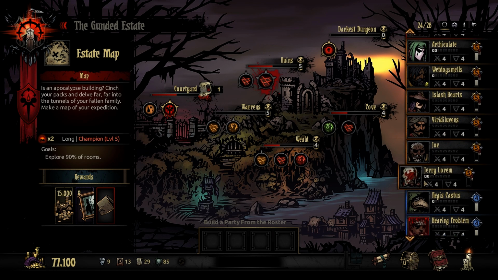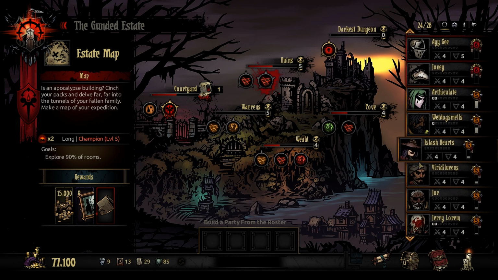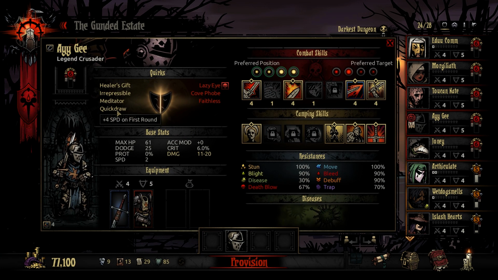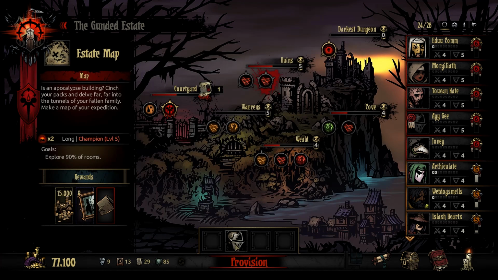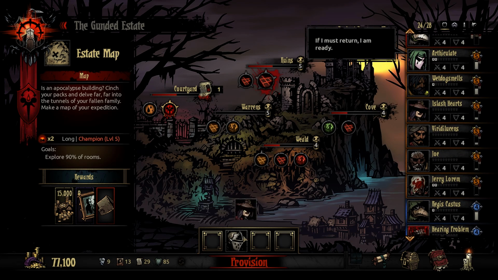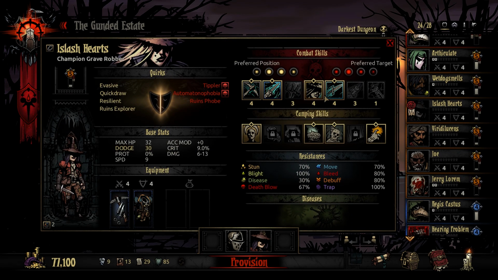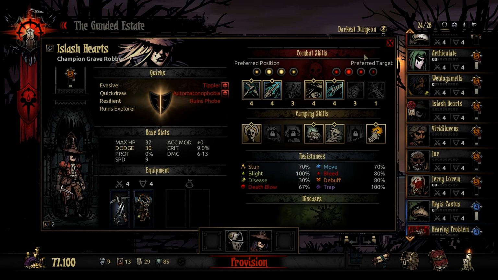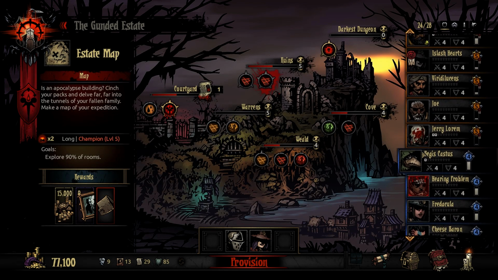We would need a healer. I would like to take the Crusader. I'd also like, honestly, maybe to lock in Quick Draw, because that is really nice, being able on the first turn to do a Holy Lance forward. So if we take the Crusader, and we take a Grave Robber, who can inflict Blight and use Thrown Dagger, and then we take...